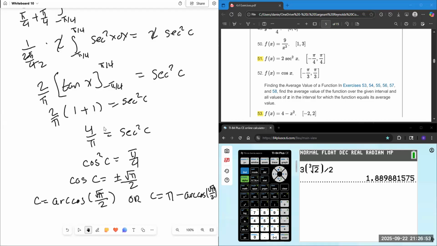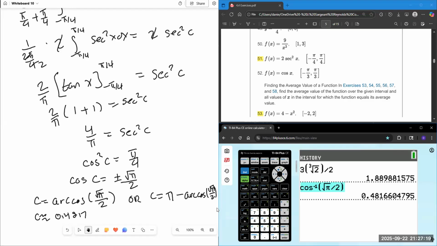So let's approximate these. Arc cosine of root pi over 2, c is approximately 0.4817, and I'm going to take this and do pi minus